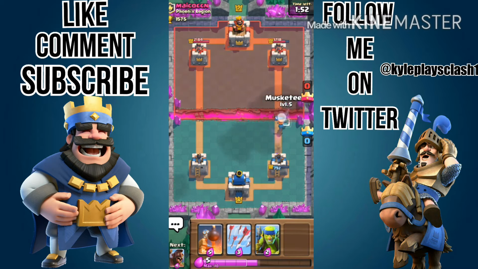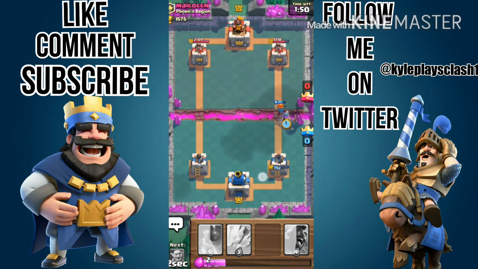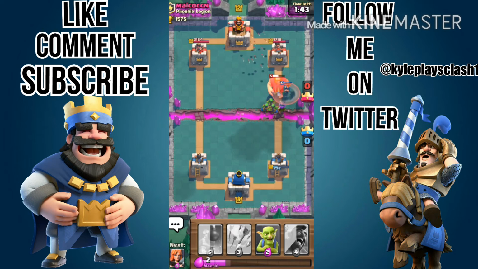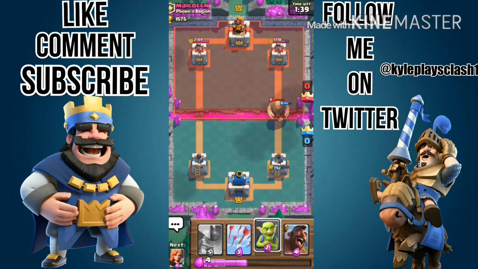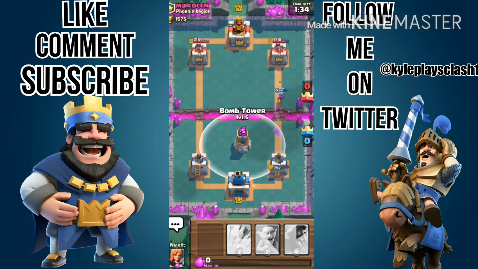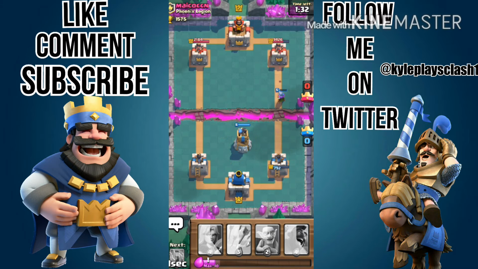wait it out now again, and then we're going to put a musketeer behind our Valkyrie along with some spear goblins just because we got a pretty good push going, and all that stuff's going to easily take out that giant in a little bit. He's not going to get a hit on our tower, but we're going to put down this bomb tower. It's not the smartest move, but at least it tells him, like, if your tower's down a good bit before,